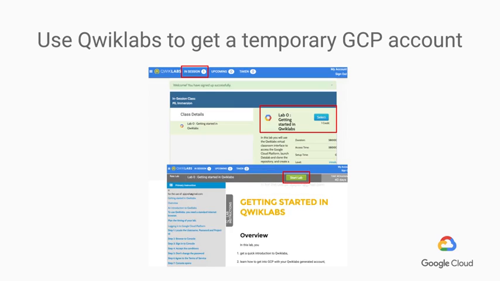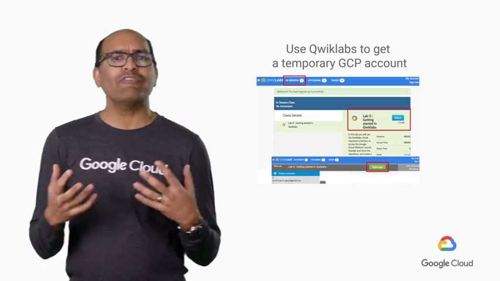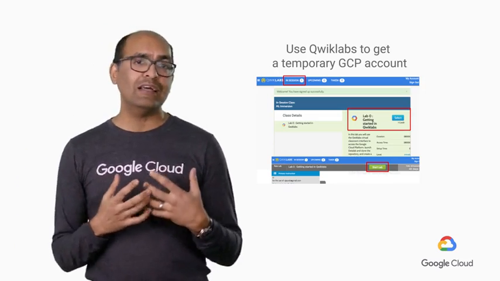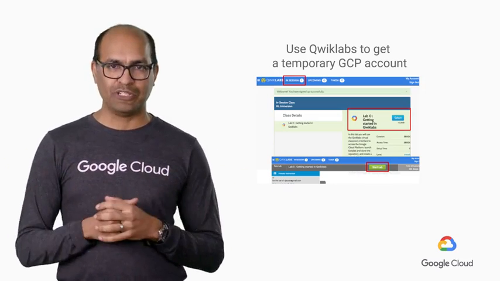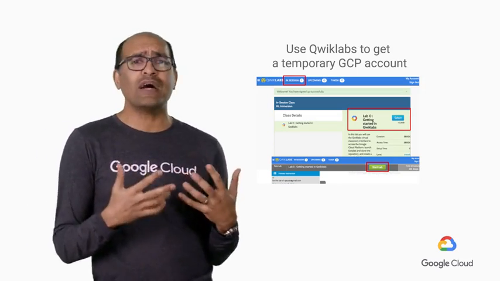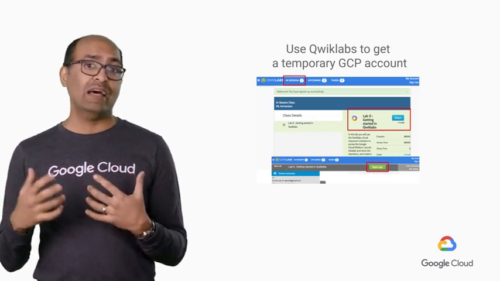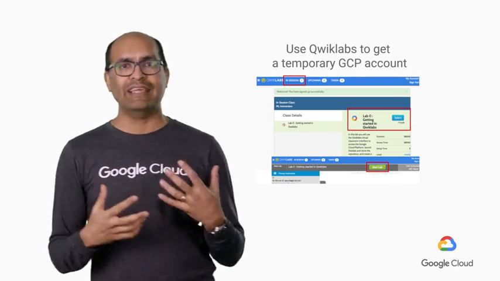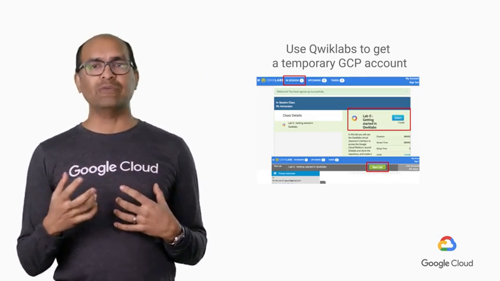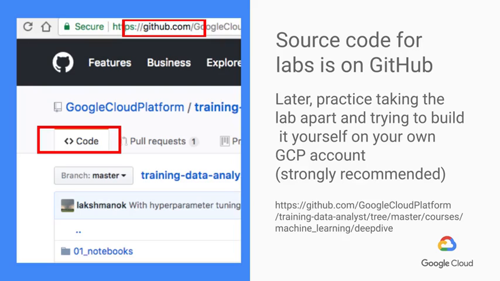To give you a taste of machine learning, we introduced Quick Labs as a way to start trying out Google Cloud Platform. This is a way for you to do the labs in this specialization without having to pay extra for the computing resources. Quick Labs also has a number of other labs and quests. I strongly encourage you to practice and gain experience in machine learning and cloud technologies using Quick Labs. We also told you how to find the source code. It's on GitHub, it's open source, and you should totally use our examples as a starting point for your projects.